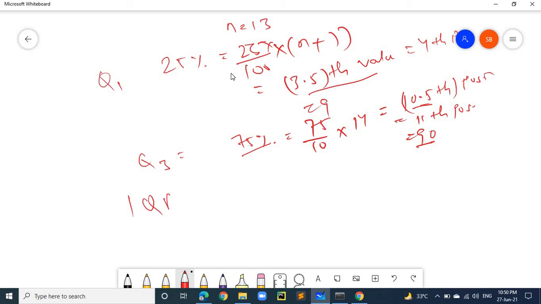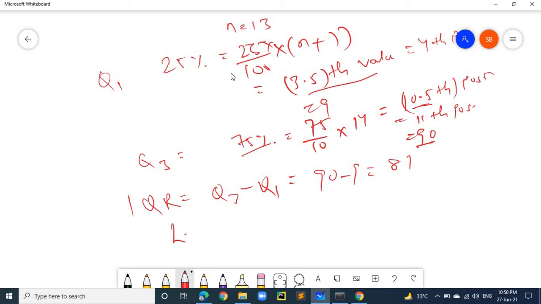The interquartile range you can calculate as Q3 minus Q1. So the value will be 90 minus 9, which is equal to 81. This is the IQR.